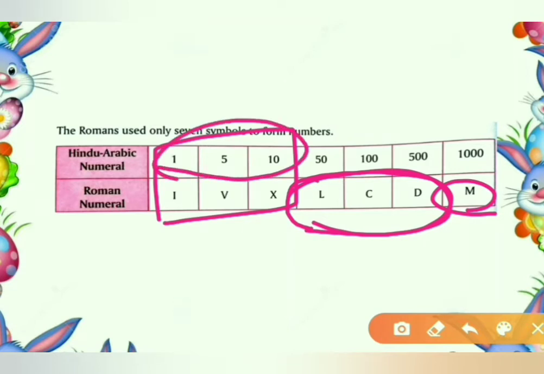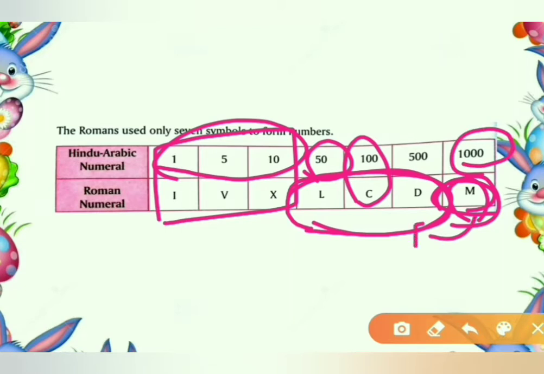And L stands for 50. You should learn this by heart, no other way. C stands for century, so 100. C for 100, that you memorize easily. Just for a hint I tell you, mother plays a major role in our life. So that is what M you can have. For M, for mother, you give the highest value, that is 1000. Next to mother is dad. So D stands for dad, and for dad the value is 500. Just for memorizing, just for a hint I am giving this, boys.